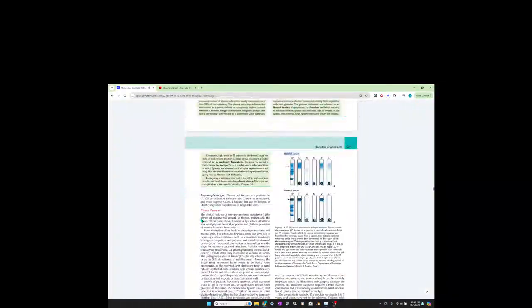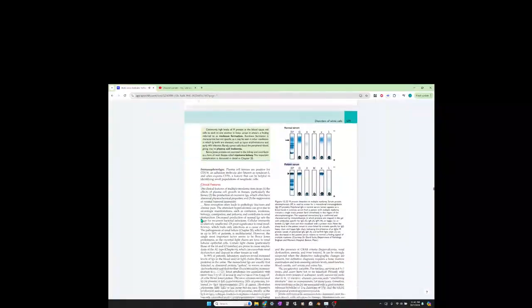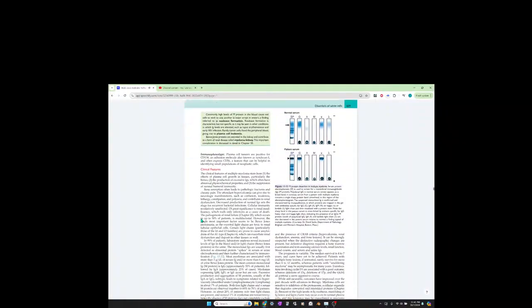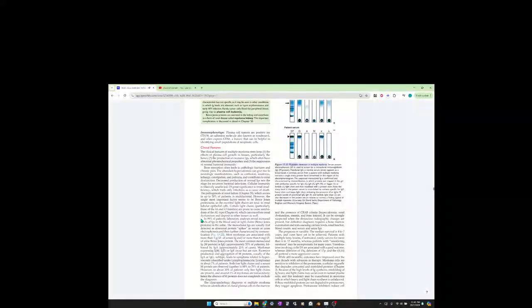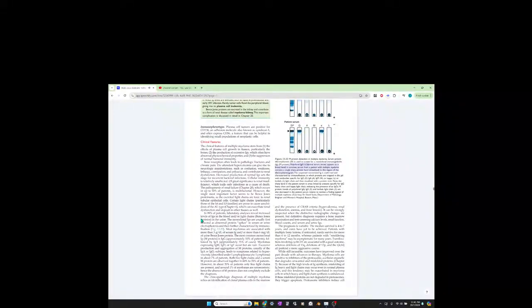The clinical pathologic diagnosis of multiple myeloma relies on identification of clonal plasma cells in the marrow. Figure 13, M protein detection in multiple myeloma. Serum protein electrophoresis is used to screen for a monoclonal immunoglobulin. Polyclonal IgG in normal serum appears as a broad band. In contrast, serum from a patient with multiple myeloma contains a single sharp protein band in this region of the